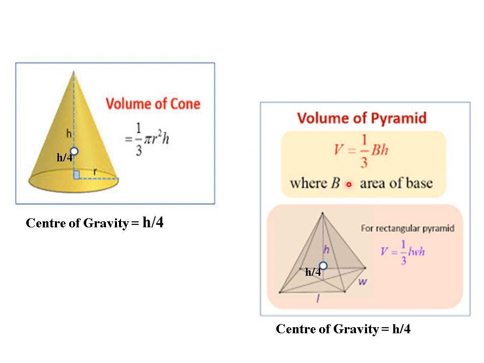So volume of pyramid next. The pyramid has a rectangular base, and from the center the height is measured vertically. So V is equal to 1/3 L into W into H. L is the length of the rectangle, W is the width of the rectangle, that is at the base, and H is the height of the pyramid. And again the centroid will lie at h by 4 from the base.